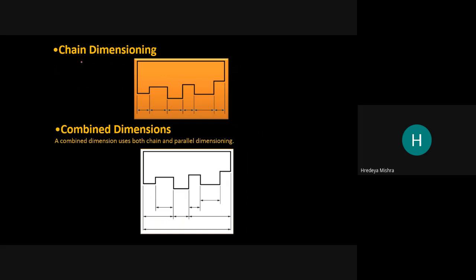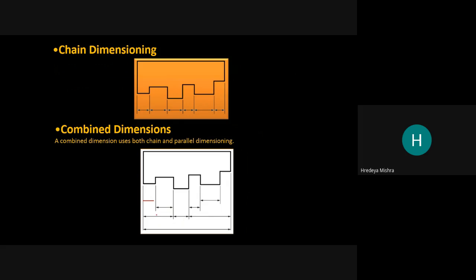Now chain dimensioning. See, this is an example of chain dimensioning. And combined dimensioning: see here, this dimension is given and this total dimension is given, but this dimension is not given.